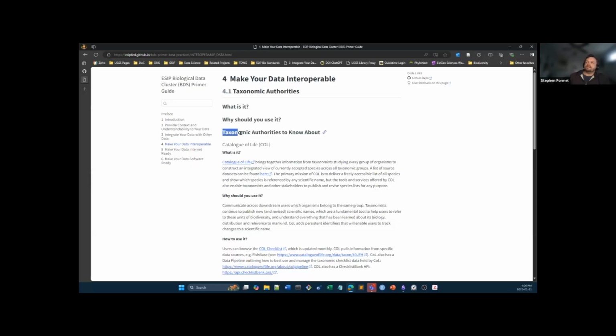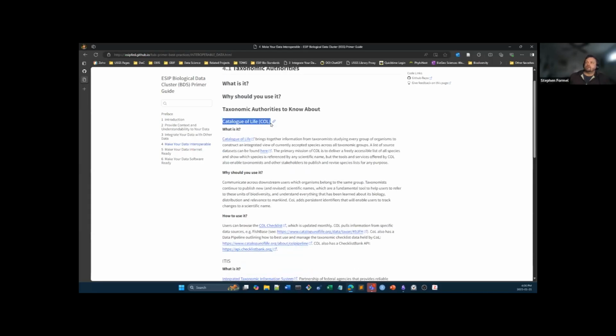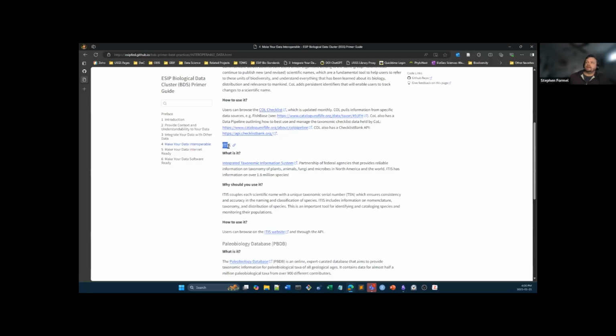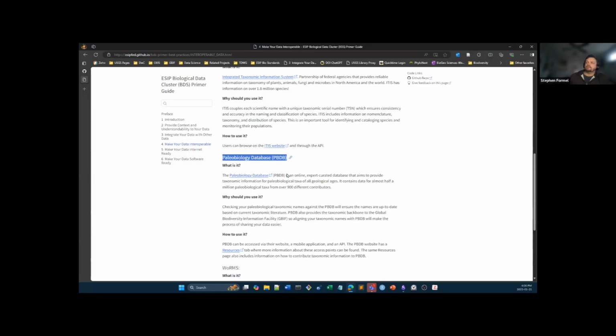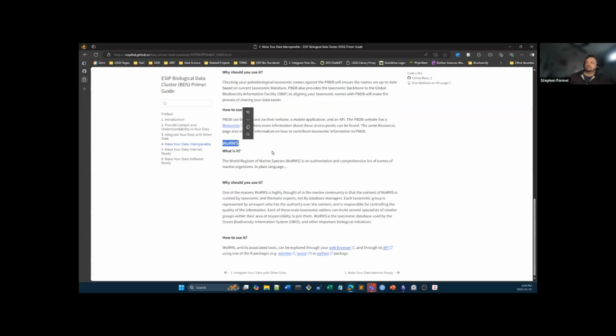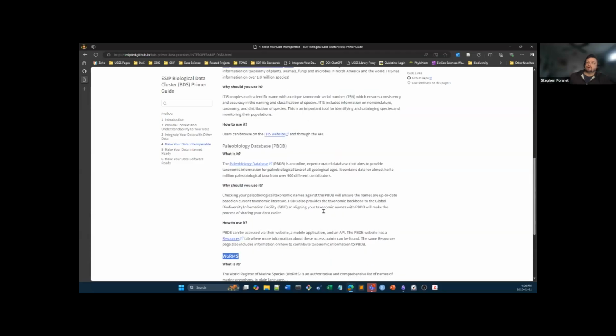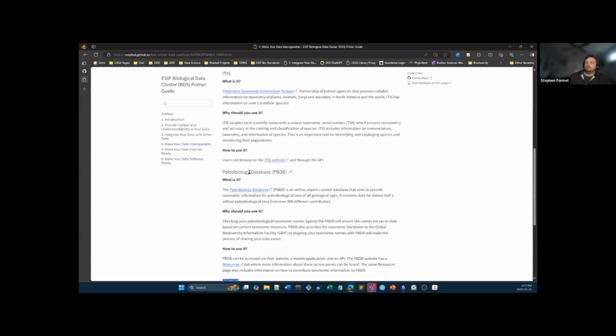We had a little trouble defining this idea of taxonomic authorities, and I think it could probably still use some refinement. Those include things like Catalog of Life, ITIS, Paleobiology Database, and WoRMS, right? WoRMS being the last one. So WoRMS is the taxonomic database that's used by OBIS. Paleobiology Database, I actually don't know who uses it besides GBIF. Laura, are there any other huge users out there for the PBDB?